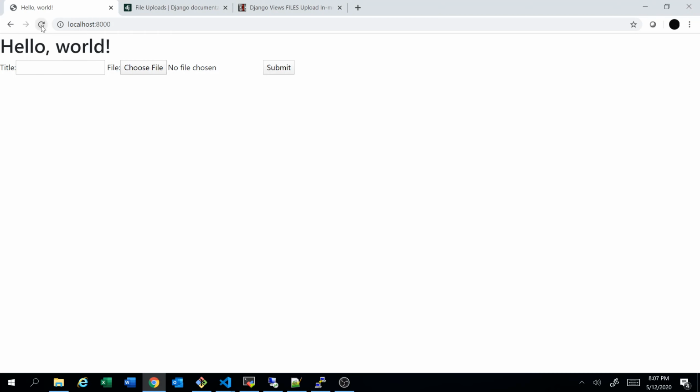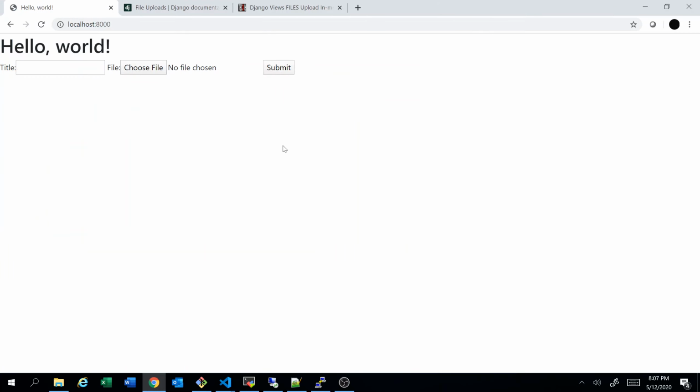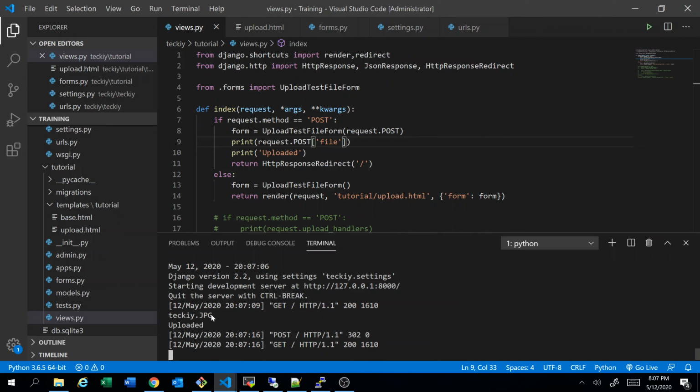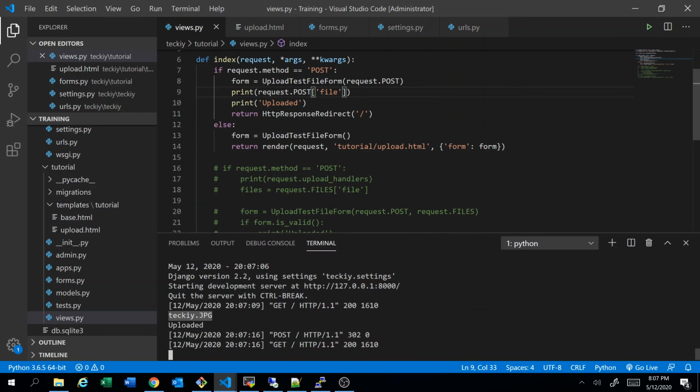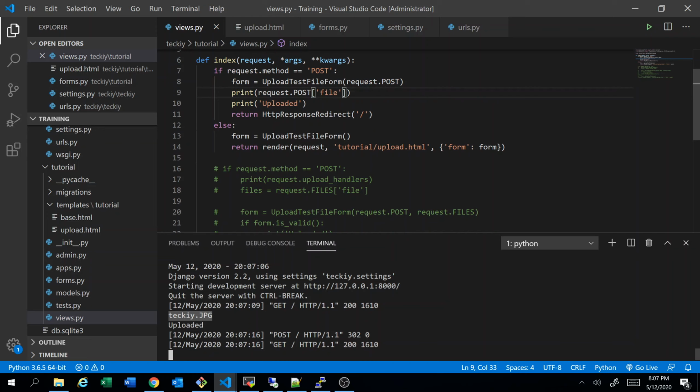Because it's in a dictionary, right? Query set. Let's try to grab that file name. Submit. That's cool, right? So we are able to grab the file name